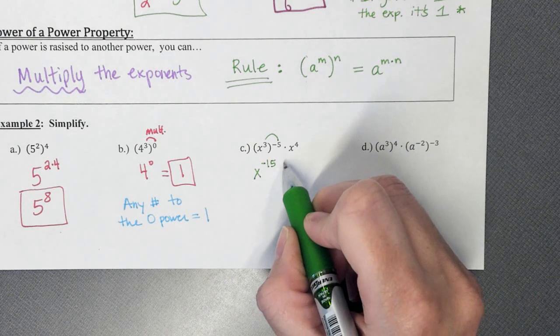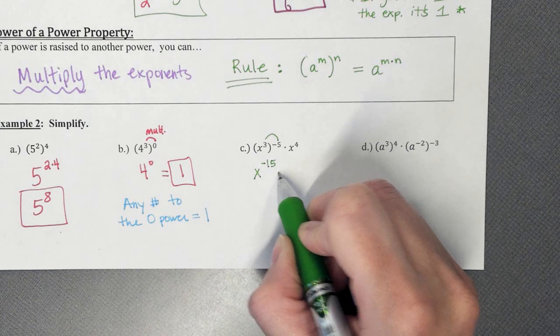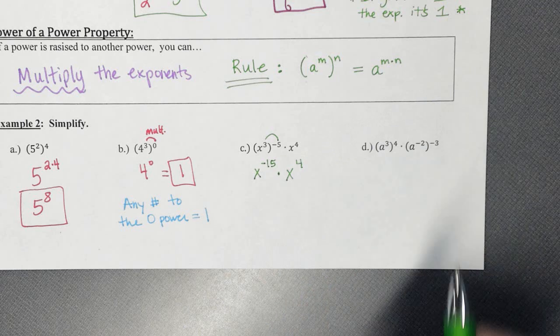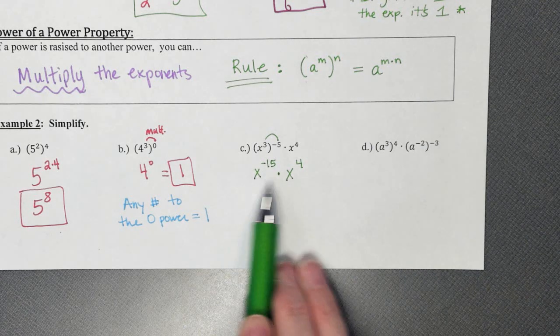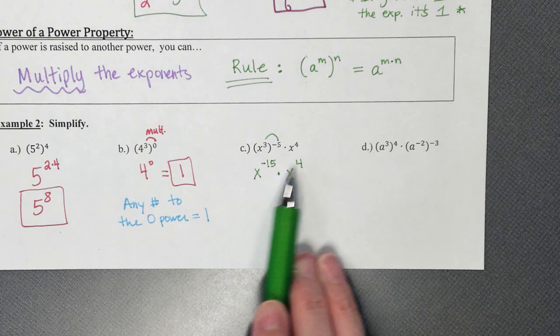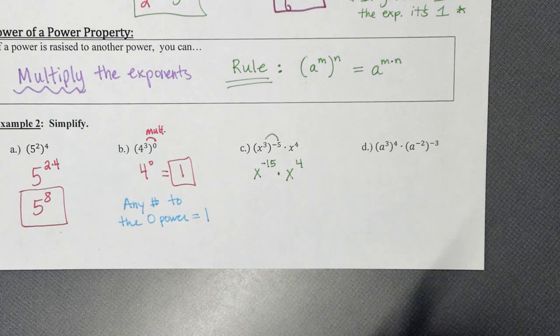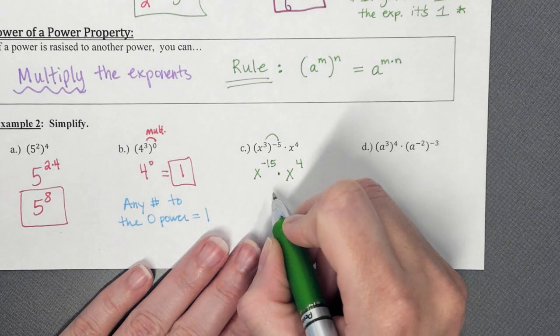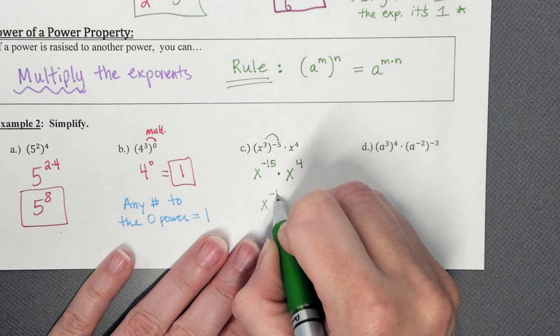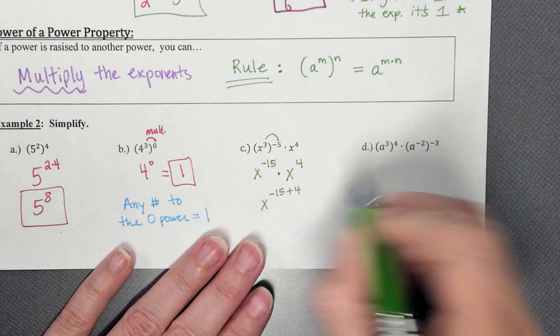Okay, so we do that, and then we still have the times x to the 4th. Okay, so when you multiply and you have these two bases, that's when you're going to add your exponents. Okay, so if you add the exponents, negative 15 plus 4,